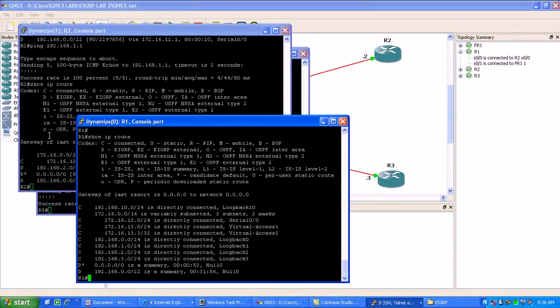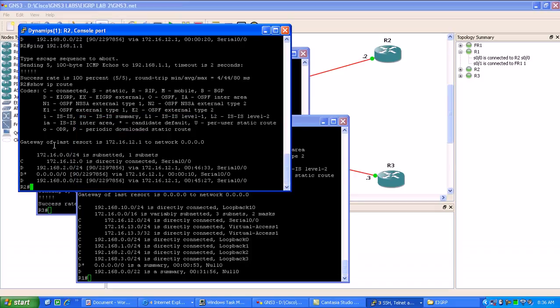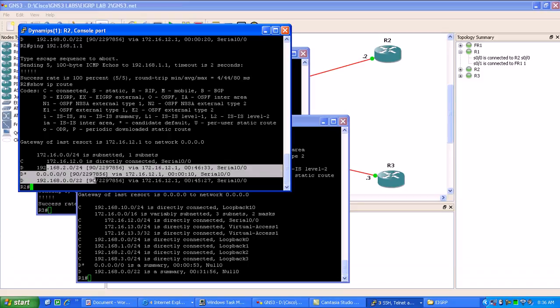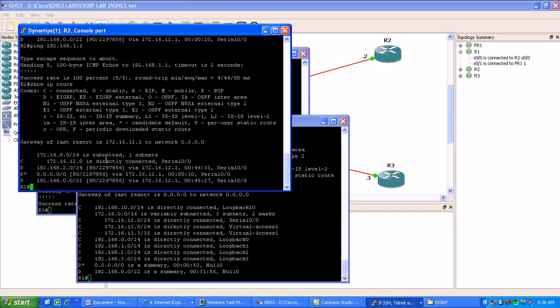See problems. So from router 2's perspective, it sees router 1 as the gateway of last resort. What I can do here is, as you can see in my routing table, I don't have a connection to the 10 network. What we should see as the traffic flow is it should go out. I should still be able to have connectivity to router 1's 10 network because of my default route that I just put in. So if I go ahead and try to ping it